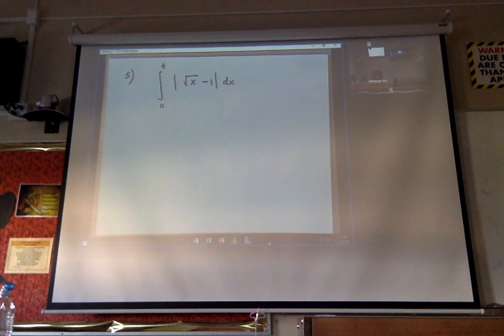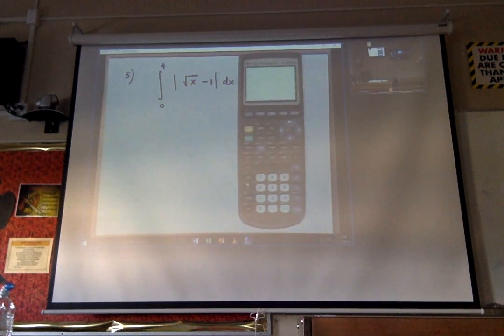But there are some functions where you don't get anything with a straight line. So in that case, just by looking at the picture and trying to find any geometric formula, it will not work. So we have to see what we can do. What we're going to do here, we're going to graph it. But we're graphing not the absolute value, we're graphing the function itself. If you put y equals the square root of x minus 1,